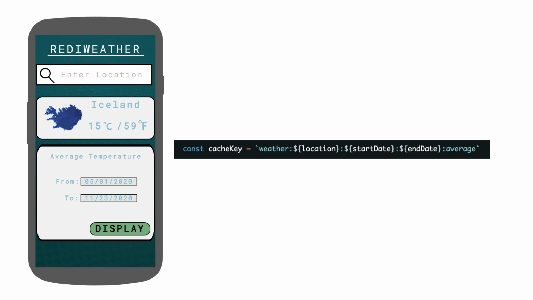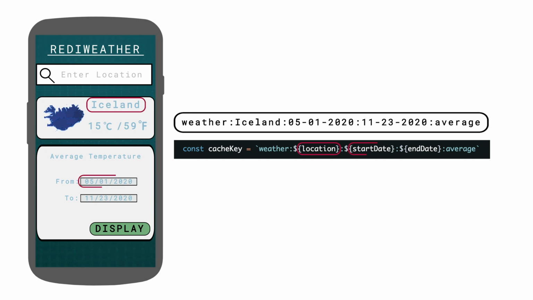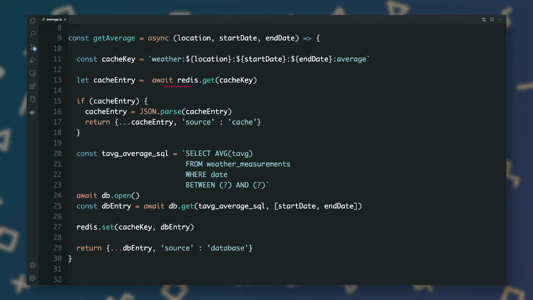First, the application needs to be able to read from the cache. To read from the cache, we need to know the name of the key where the cached data is stored. We cache these queries based on the location, the start date, and the end date. So we need to construct a key having these fields. Once we have the key name, we issue a GET request against Redis. If the key exists, we immediately return its value. That's a cache hit. If we don't have an entry in the cache, we'll incur a cache miss.